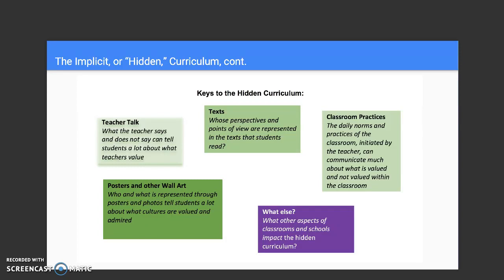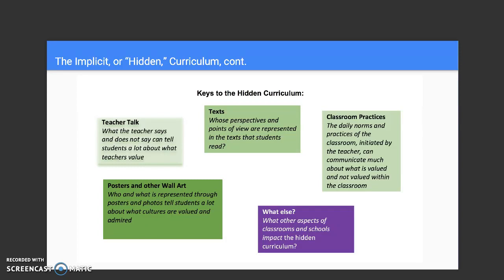Moving forward as a teacher educator at Mount Union, I asked my students what the hidden curriculum of their high school classrooms were and what texts they read, and if they read novels written by people of color and women. And when they thought back, not only did they realize that they had read very few, but also they never even thought about it. So they never even thought, I wonder why we're not reading texts that are not in the traditional canon, texts written by people of color and women. So that's pretty troubling that they didn't even think that was a problem.